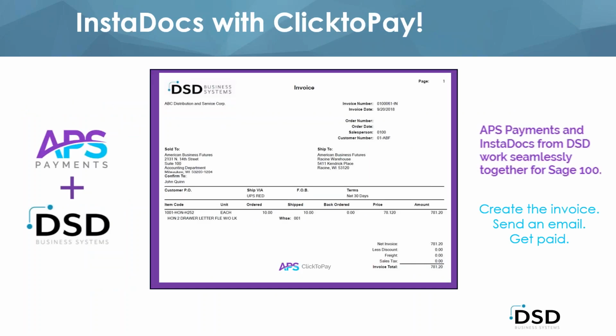Okay. Another really cool thing that I like to mention, because we do integrate with Paperless Office, is another product from APS called Click to Pay. With Click to Pay, when customers receive their Paperless Office invoice, they'll get a button that they can click on to pay it right online, and then Sage 100 will automatically receive the payment back in, so they can enter in their own credit card information. So if you're sending out things like those net 30 invoices and you want an online portal, InstaDocs